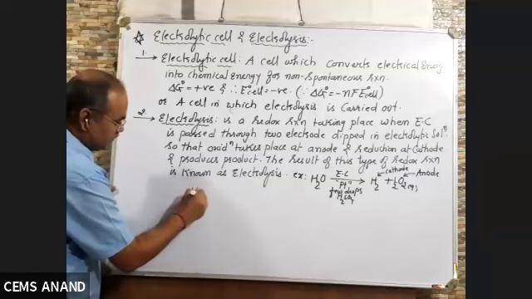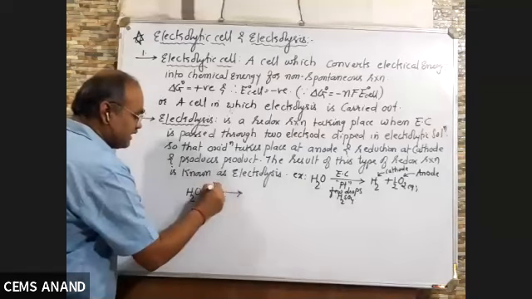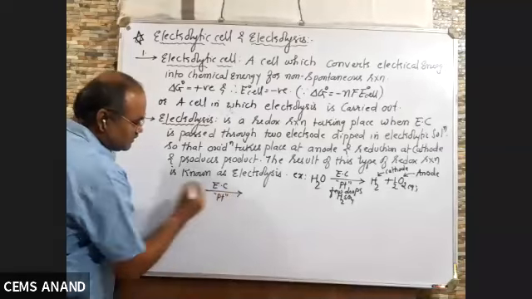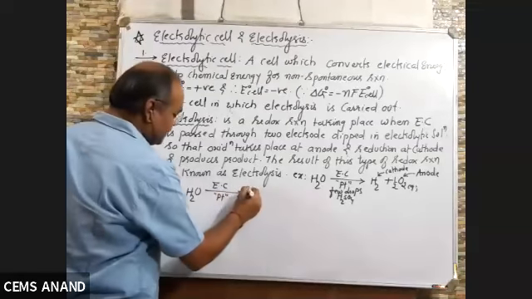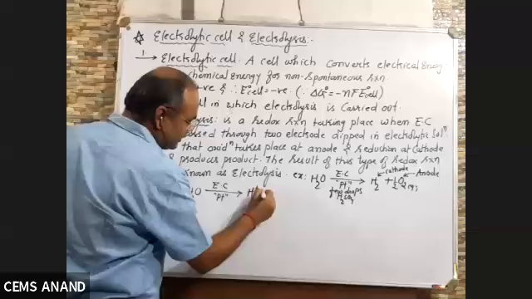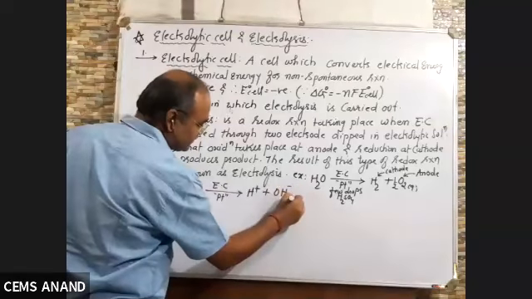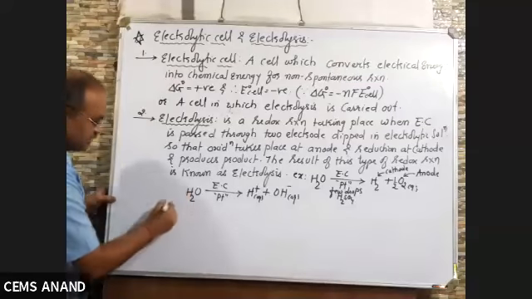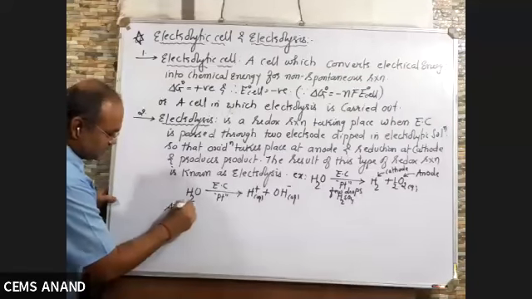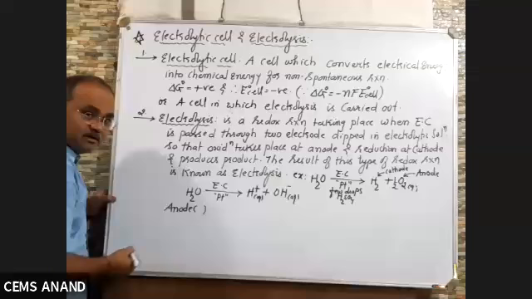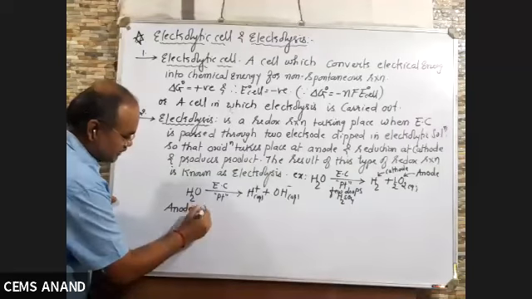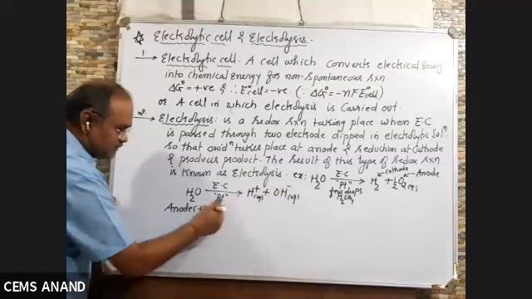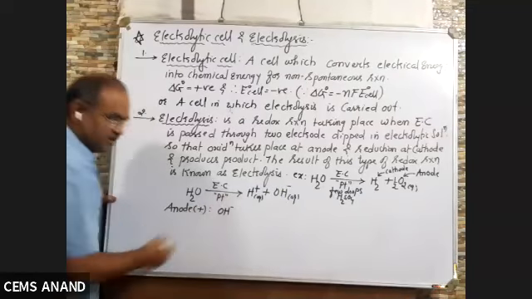Water, when electric current is passed, anode and cathode both are made up of platinum, then actually it dissociates into H plus and OH minus, like NaCl into Na plus and Cl minus. Anode: in electrolytic cell, anode is positive. So at positive electrode, negative ion will be attracted. So OH minus will be attracted here.